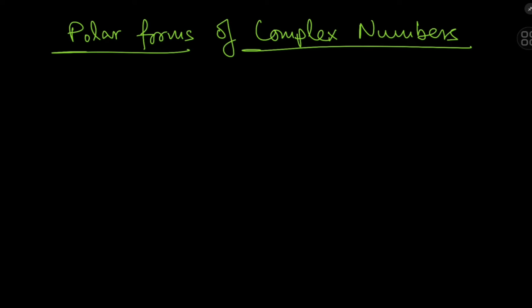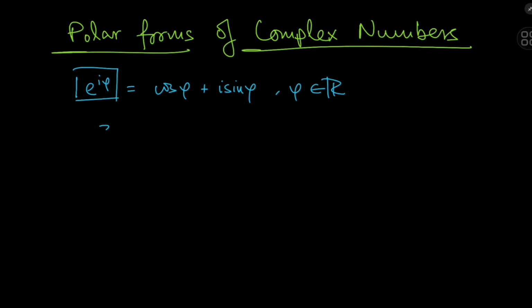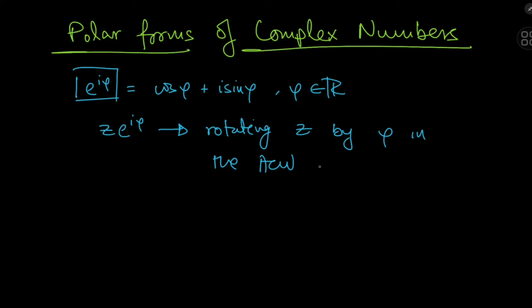In the previous video, we proved Euler's formula, which stated that e to the i phi equals the cosine of phi plus i times the sine of phi, where phi is some real number. And we understood that this thing here is the rotation operator in the complex realm. As in, if you take some vector z and apply to it e to the i phi, this has the effect of rotating z by phi radians in the anti-clockwise sense